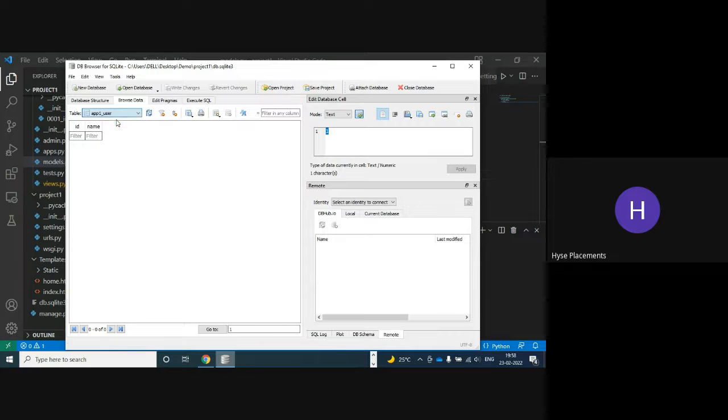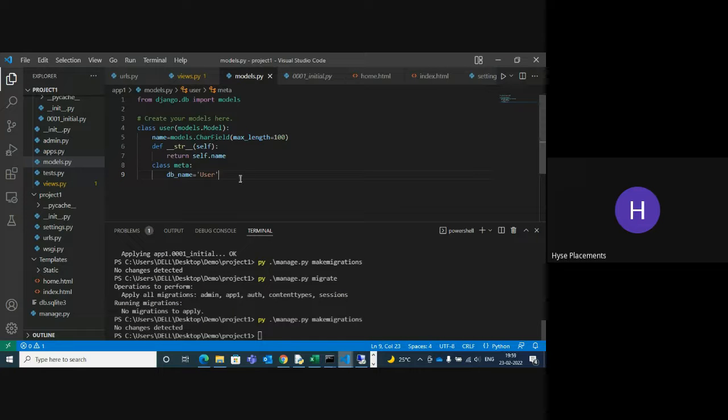You can change the name. Save as DB name. DB table maybe. Okay, DB name.